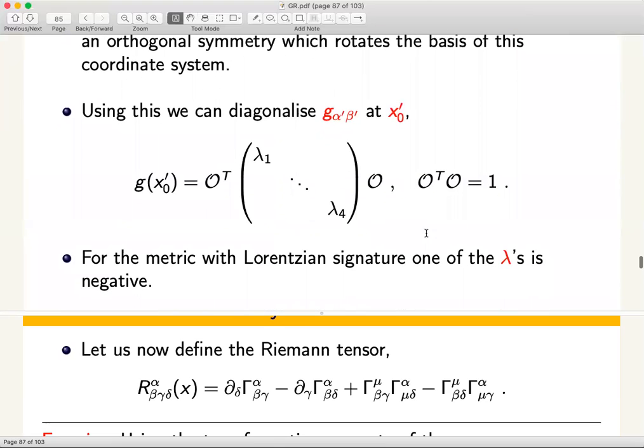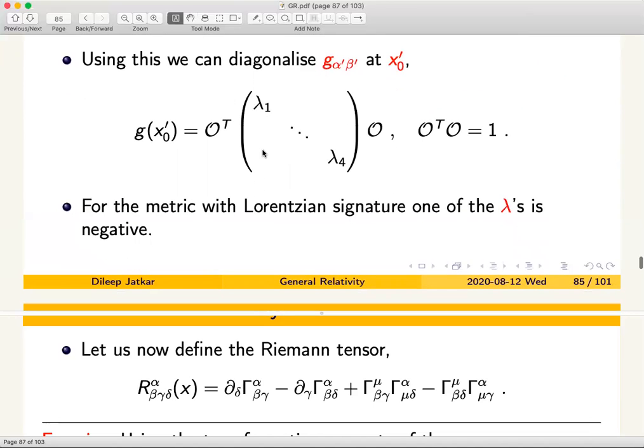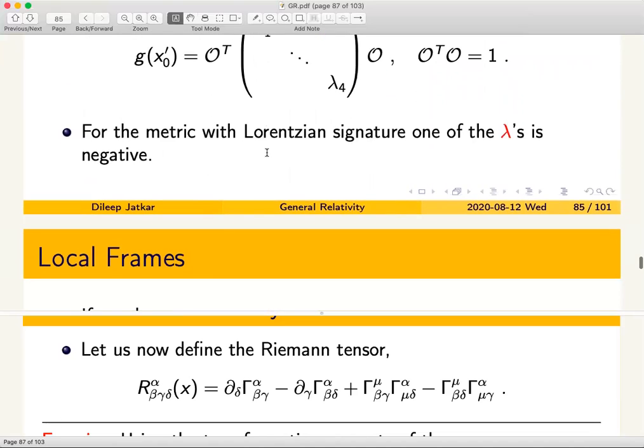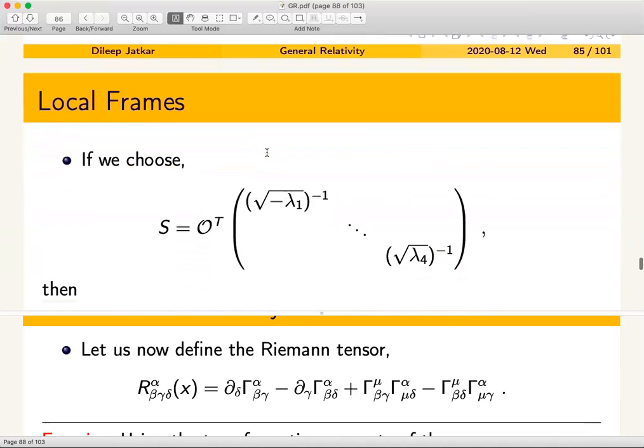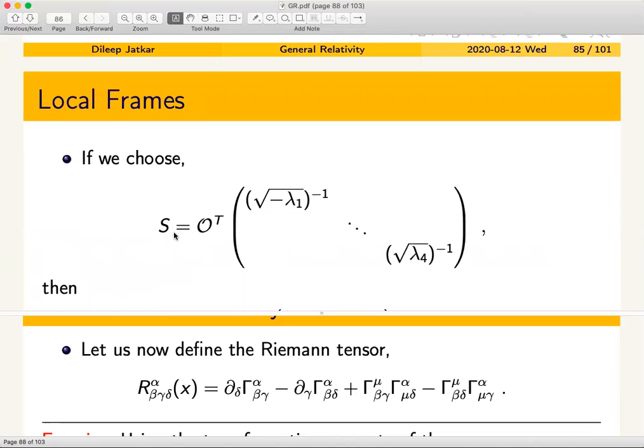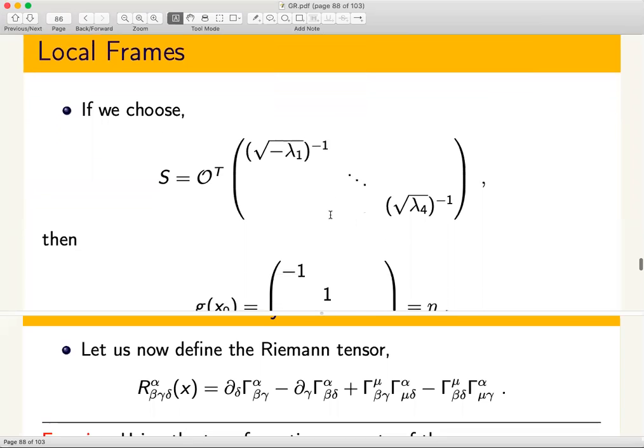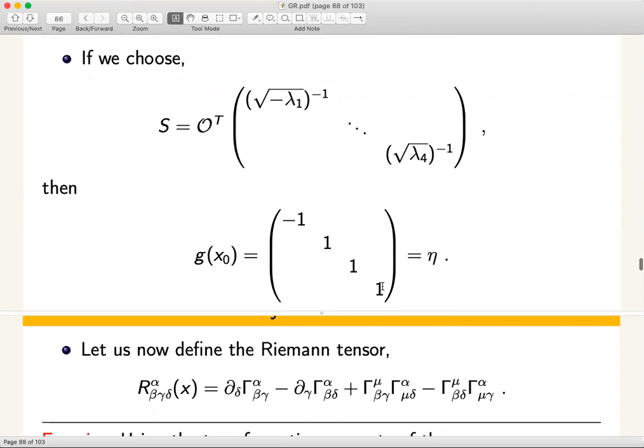at least one of them has to have a negative sign. So one of the lambdas is negative. We could choose, say, lambda 1 is negative. If you do that, then you can write down S in the following way. You choose S to be a matrix which is O transpose times square root of minus lambda 1 inverse (remember, lambda 1 is negative, that is a choice we made), square root of lambda 2 inverse, dot dot, square root of lambda 4 inverse. If you choose your S to be this, then the metric G can be brought into a Minkowski